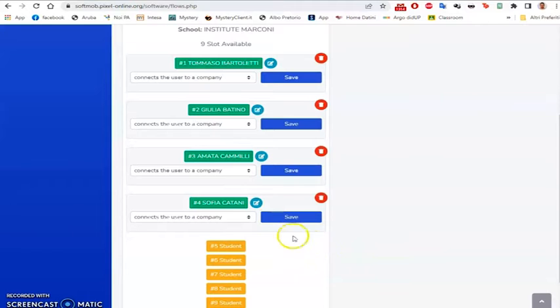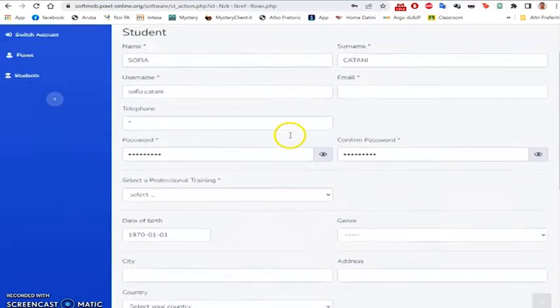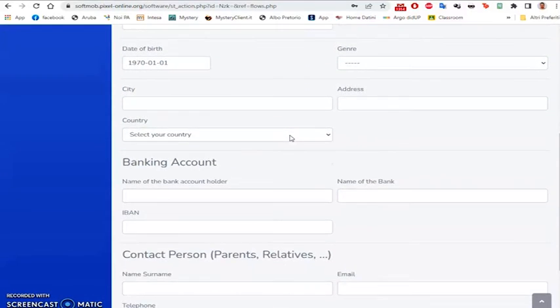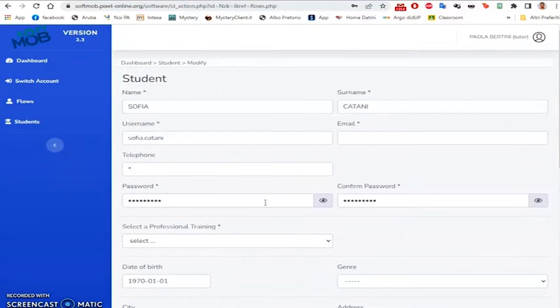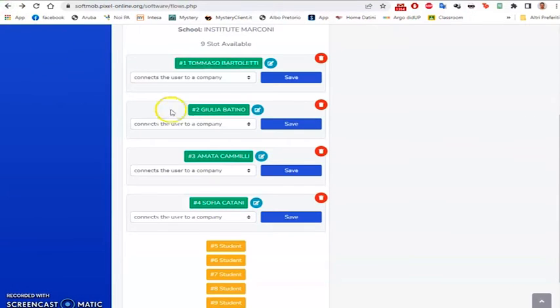To edit our student, we can click directly on this round icon. A screen will open where we can enter all the data of our student, such as personal data or the banking account. We can go back clicking on the arrow on the top left in order to check the list